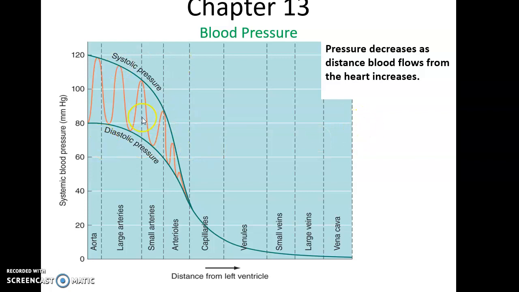As we can see here, the blood pressure within the arteries varies based on whether the heart is relaxed or contracting and how far the blood has traveled along the various vessels. So, for instance, when the ventricles contract, so ventricular systole, the blood pressure is at its highest, and that will, of course, go down as you travel through the arteries, into the capillaries, and into the veins. And then the blood pressure when the heart is relaxed during diastole is less, and it also decreases as it goes through the arteries, capillaries, and into the veins.